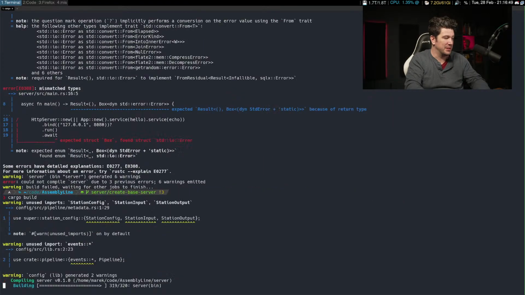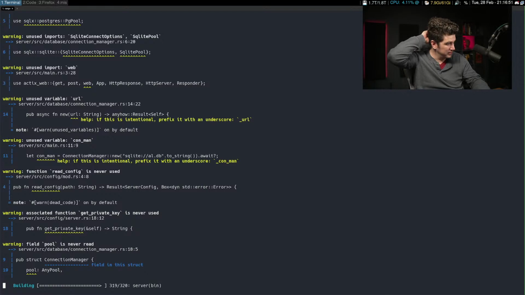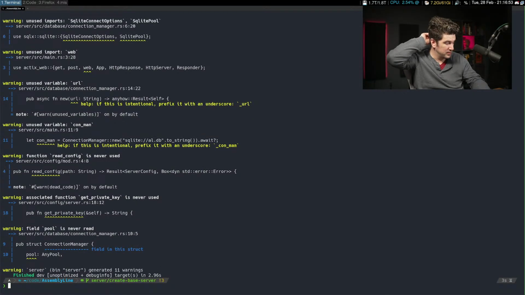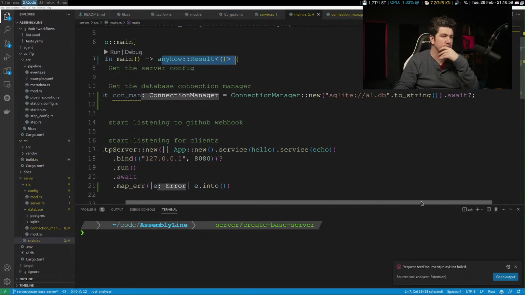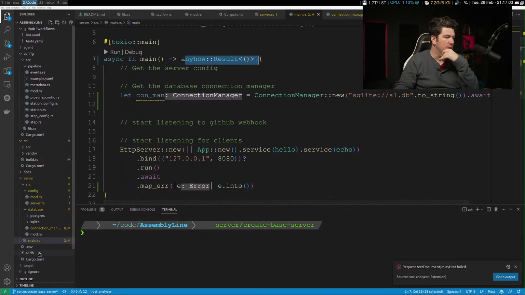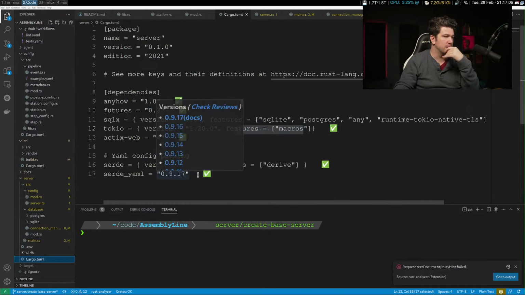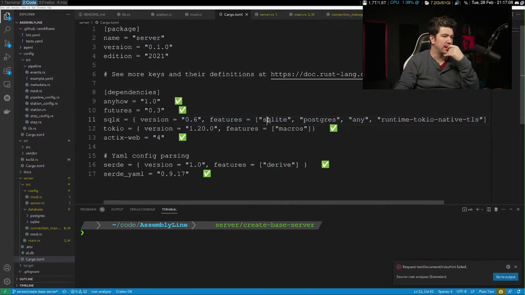Let's actually make sure this builds. I think it will. Okay, yeah. Oh, I was looking at my... So I have SQLite and Postgres and Any and runtime Tokio native TLS. So I already have it, even though I haven't done TLS.